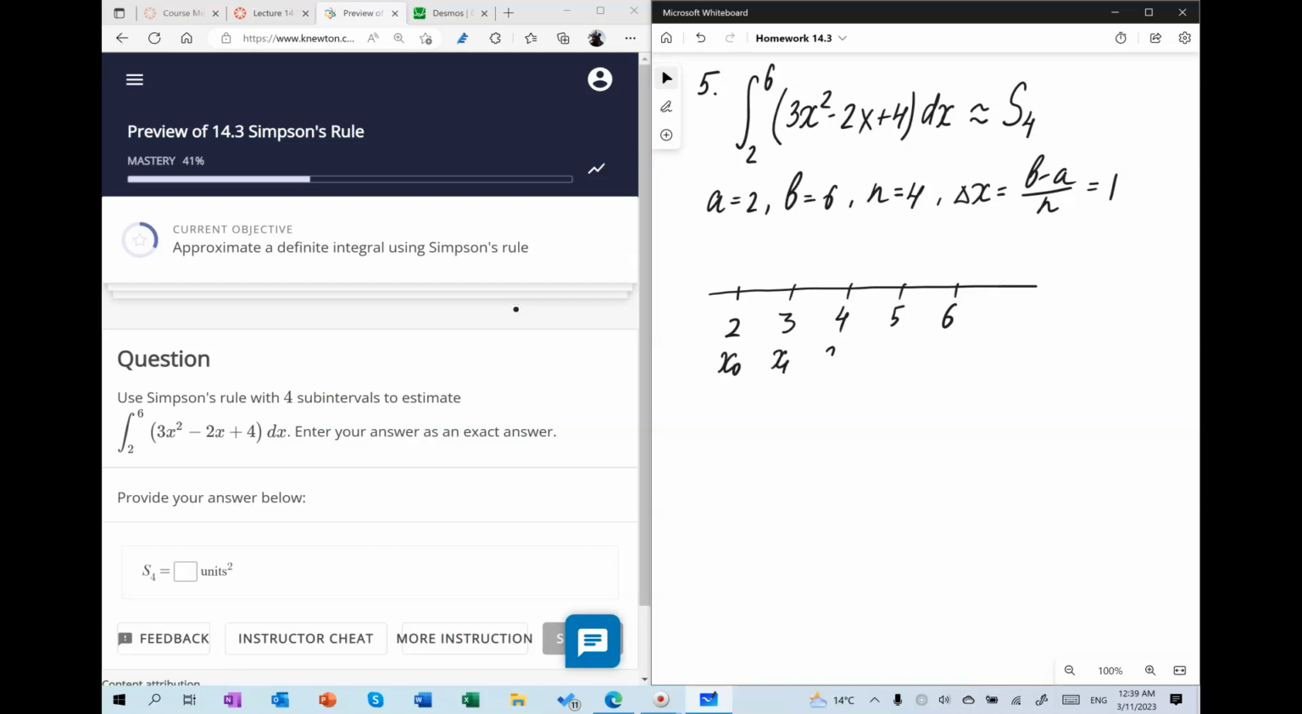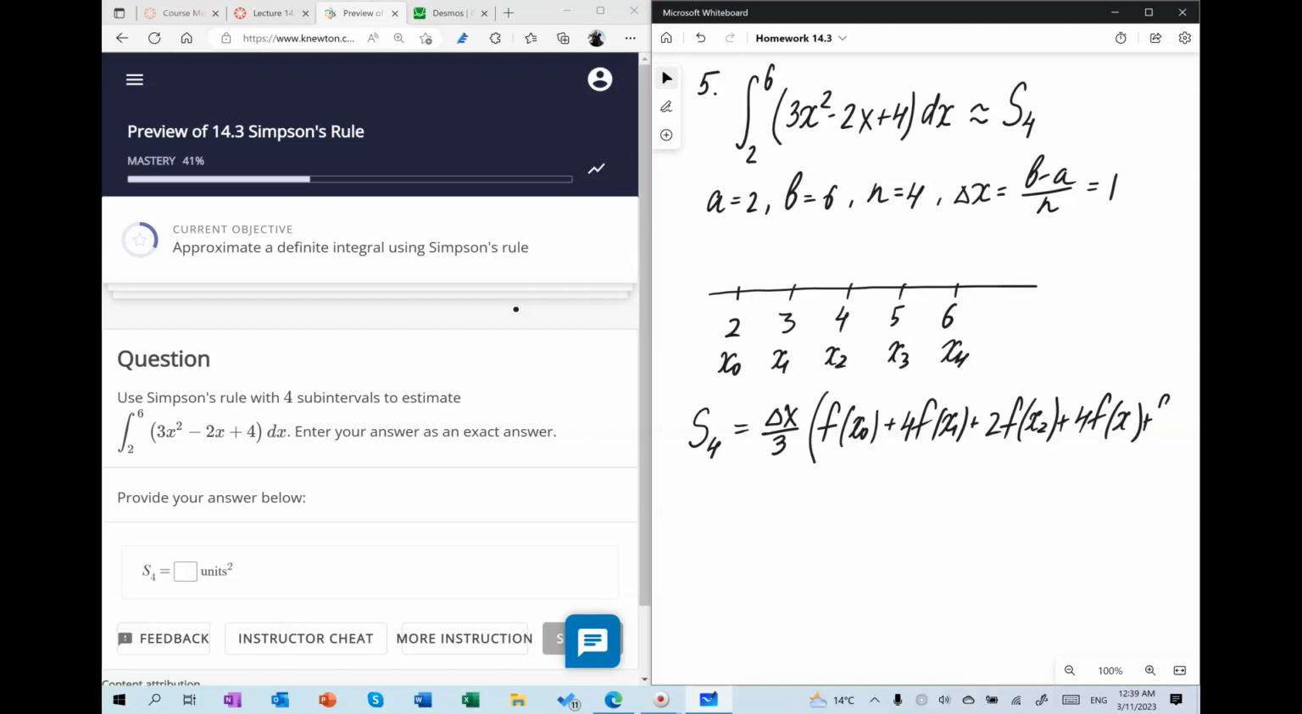This is my x0, x1, x2, x3, x4, and the formula for S4 is delta x over 3 times f of x0 plus 4 f of x1. Now we're going to rotate between 4 and 2 until we get to the end, and here the end is near, so we don't get to rotate it too much, but this is the pattern for the Simpson's approximation. So here we have delta x is 1,